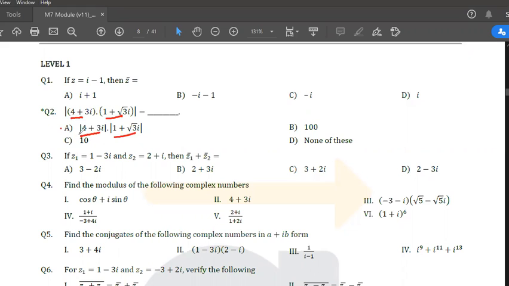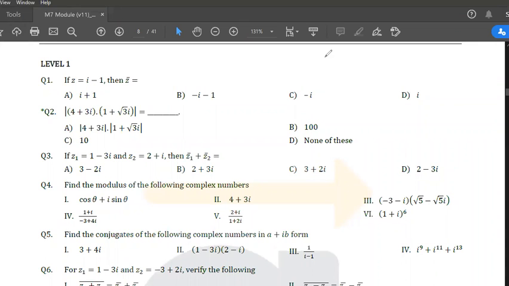Then what is mod of z1? क्या होता है? Under root 1 plus 9 into under root 1 plus 9. ठीक है, देखो, है ना? सॉरी 1 plus 3, 1 plus 3 not 9, 1 plus 3 कितना हो गया? 5 into 2 which is 10. So A and C both. Got it, everyone? Everyone got this? Yes? Yes or no? Okay, right, most of you got this.